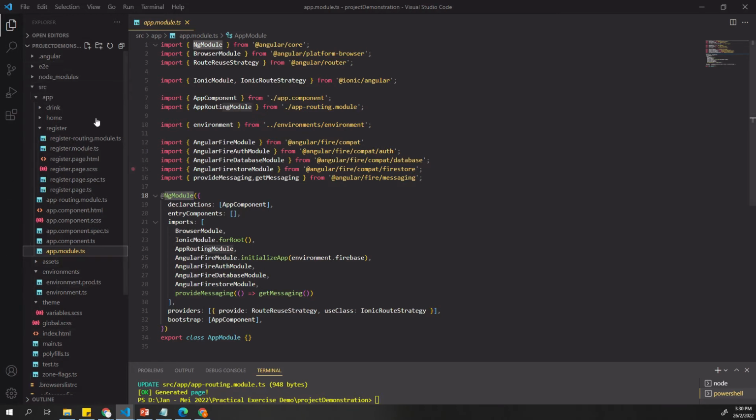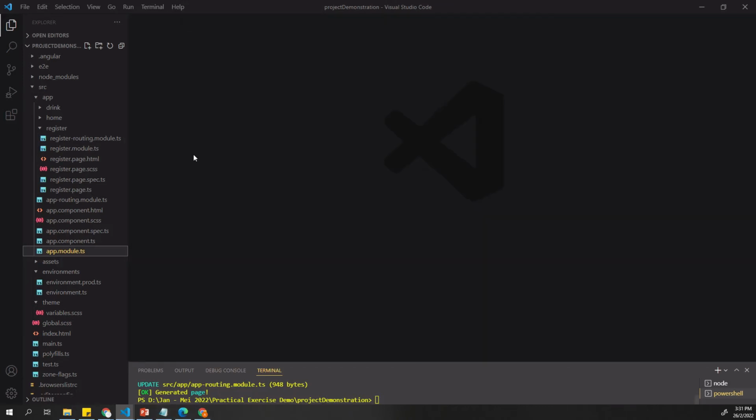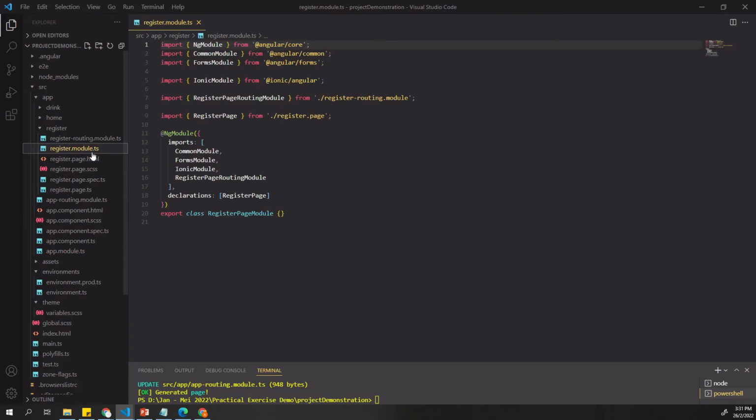Dia akan guna secara keseluruhan di dalam app. Sebab tu kita import dia di dalam app.module.ts. Tetapi this form builder yang kita nak buat ini adalah hanya digunakan di dalam register, which means that we will only import it in register.module.ts. Okay, it also has the import as well, but it will only be used di